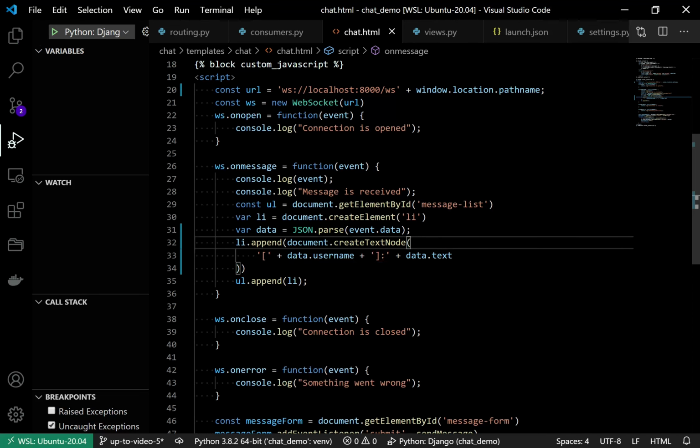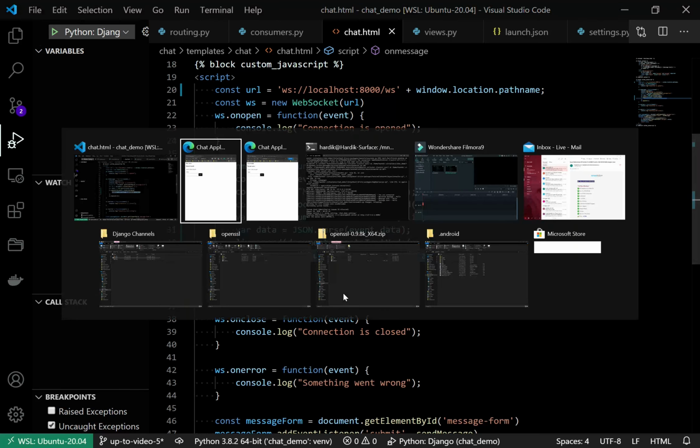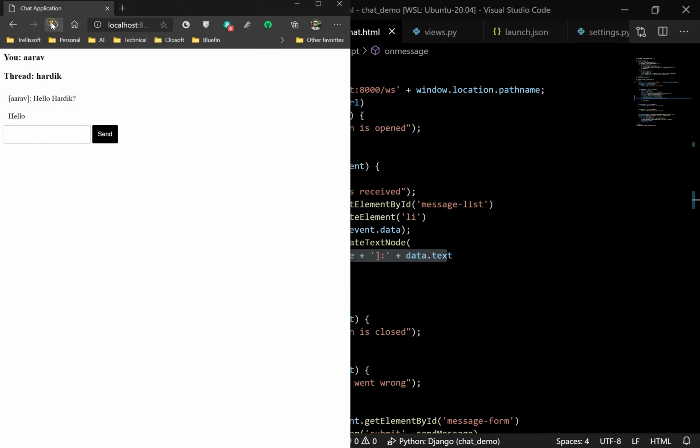So we are going to have that username and text in this data after parsing the JSON, and now we have built that string. Whenever we receive a message in JSON format, we are going to append the string like this. Okay, now we are ready, and let's refresh the page,